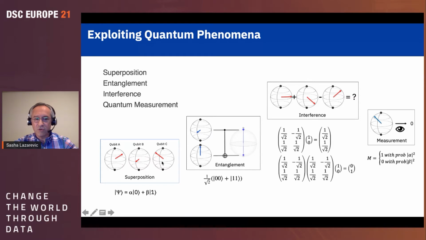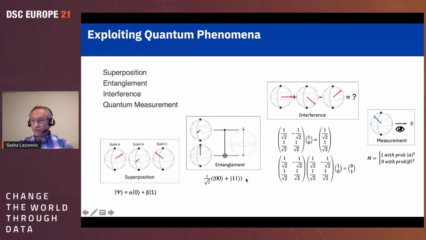Here you see several qubits. And if it is just a basis state, 0 or 1, this vector will point to the north or the south pole. Here, this vector is pointing to any point on the surface of this sphere. And this is actually the phenomenon that we are trying to exploit to encode much more information in a quantum computer than we can in a classical non-quantum computer. And you will see later, this is basically one of the basic premises why these quantum computers are so powerful.